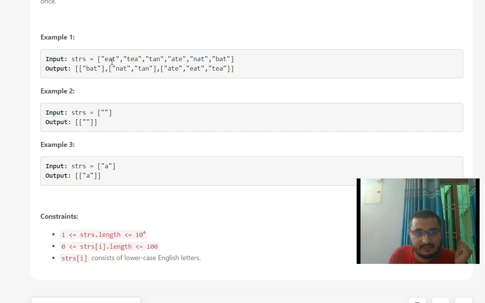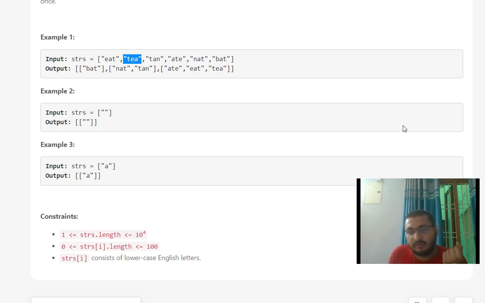So what I am saying is that every time we find some unique string, we will be adding it to the map, and when we find something already present in the map, we just add it to the value side which contains the array. So the map which we are making has a key that is a string and a value that is a vector of strings. The key side will contain the unique sorted part, and the value side will contain a vector of strings, in which all the strings which have the same sorted part will be grouped together.